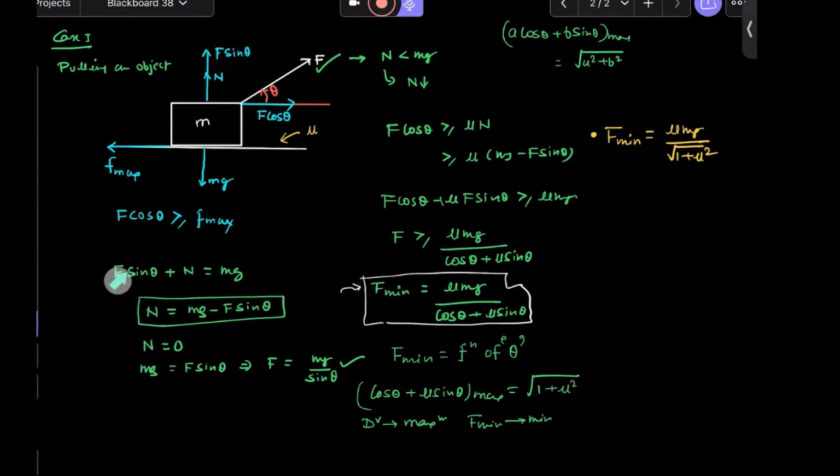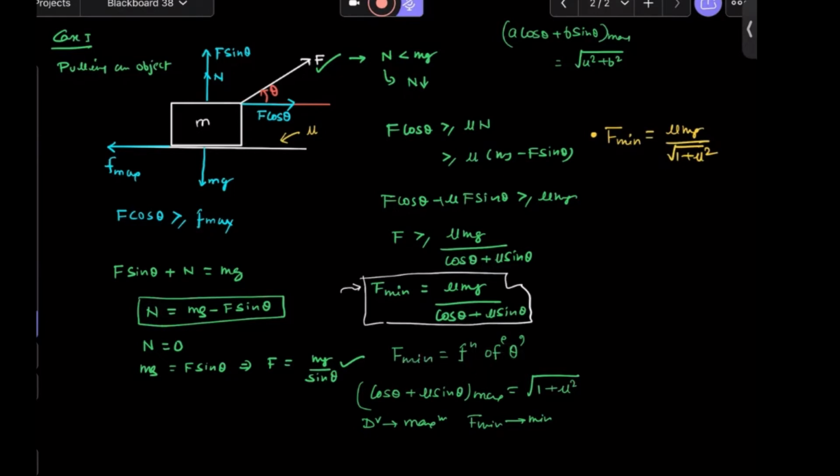So since there is no acceleration at all in the vertical direction, net force is 0. Net force in upward direction, F sin theta and N, must be equal to mg. Solving it, we got normal contact force to be this. Plugging the value here and solving, we got F to be more than or equal to mu mg by all of it. So for a given angle theta, the minimum force that we must apply is this much. But if given the choice that theta can also be changed,